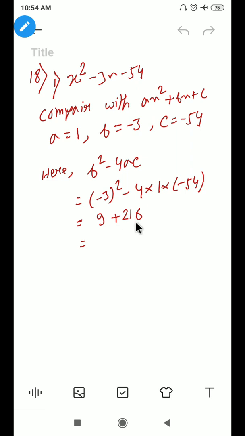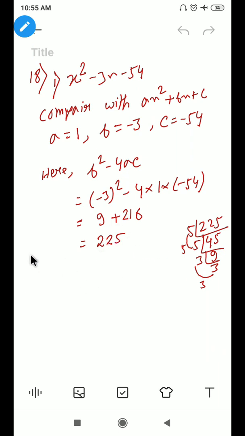So if we add them, we will get 225. Look, this 225, is it a perfect square or not? Obviously this is a perfect square because we know that 15 square is 225. Otherwise, do it this way. This will go with 5, and 5 fours are 20, 5 fives are 25. Again this will go with 5, 5 nines are 45. This will go with 3. So from these two 5s, one 5 comes out, and from these three 3s, one 3 comes out. That means 5 threes are 15. So it will be a perfect square.